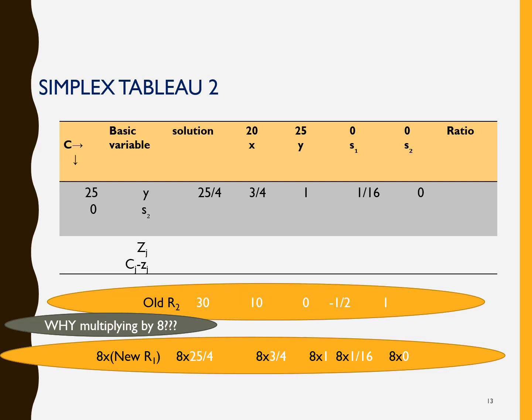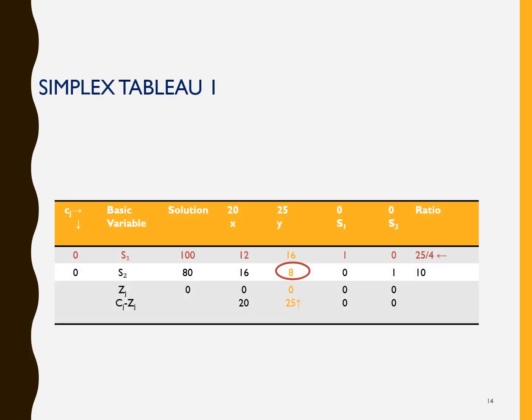Then the next thing is we have to determine what will be 8 multiplied by the new R1. We can very much relate to this R1. These are the values. We have to multiply the respective elements by 8. Why only 8? We will be talking about this very shortly. In the first table, table 1, there happened to be a key column. This was the key column, and in this key column, this is the non-key element. So this is the same 8 that we have just talked about.